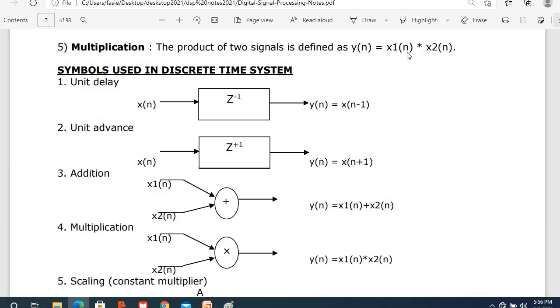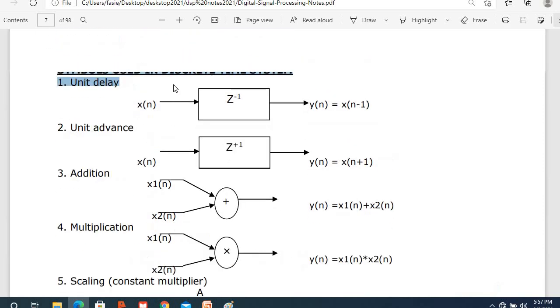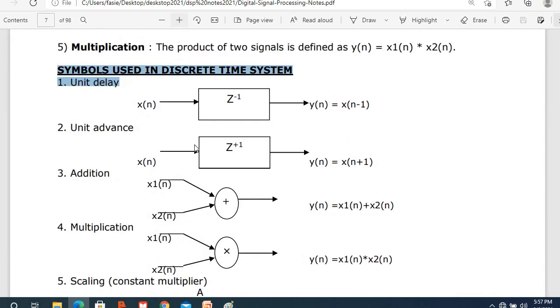Next is our main concept: discrete time signals x of n. How are we converting into the z domain? Because the z transform is used to convert an n domain signal into a z domain signal. Clear? So suppose you have the first concept, the representation of the block. How do we represent that particular block? We can represent it using this form.